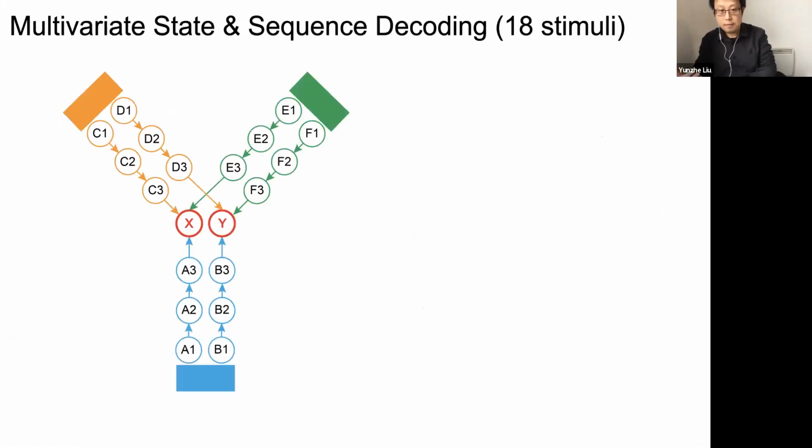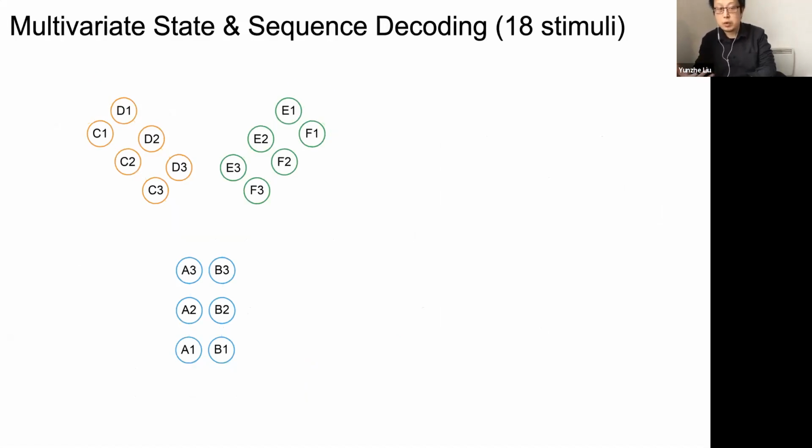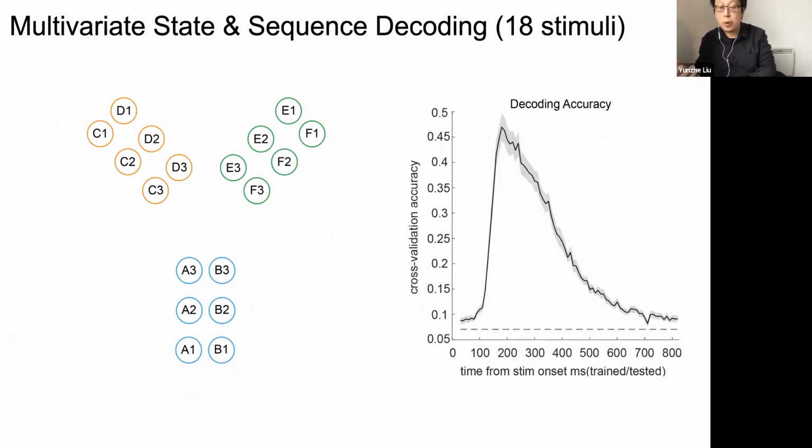All right, so let's now turn to the neural data. Again, in this task, we want to look at the neural mechanism. First things first, we want to ask, can we actually decode all those pictures? And this is not a trivial task because there are 18 pictures in this task, because there are 6 sequences. Each sequence has 3 distinct stimuli. First we can show that we can decode all the pictures pretty well, with decoding accuracy peaking around 50%, while the chance level is below 10%.